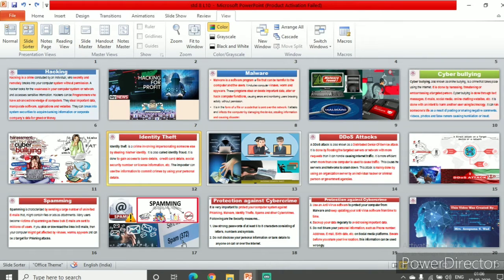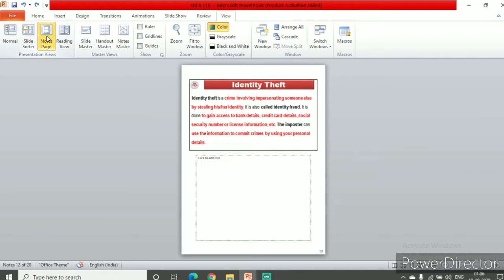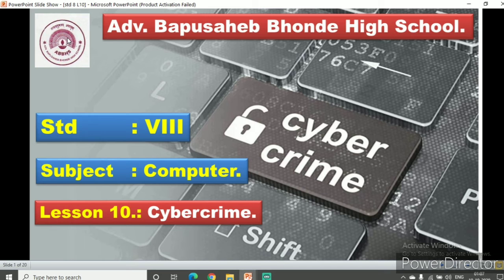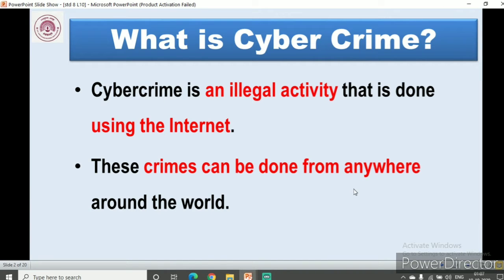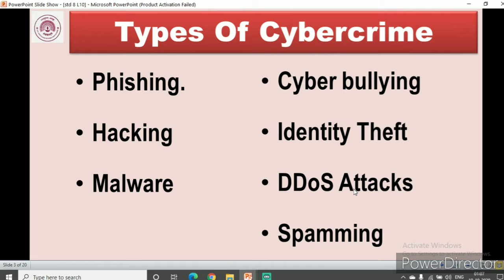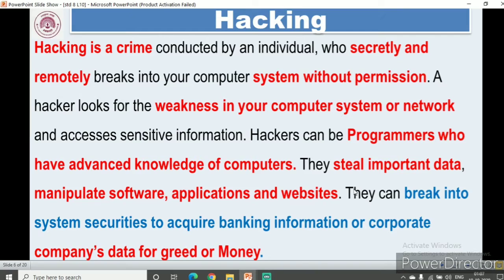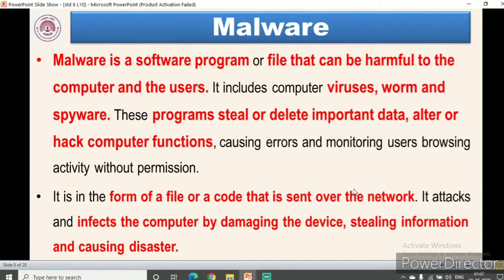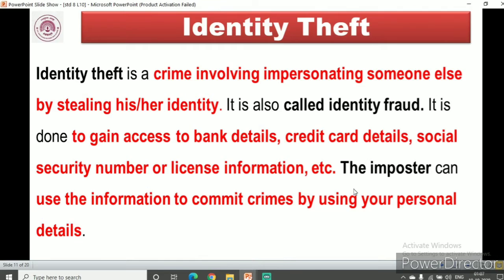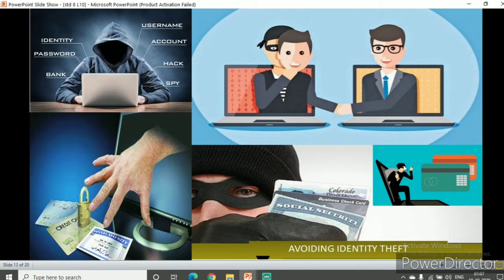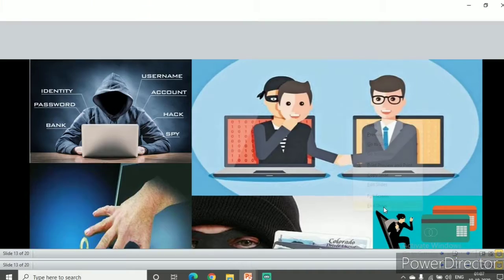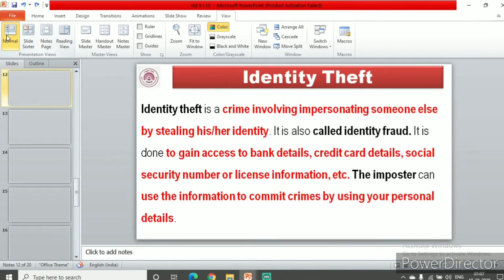All right. So next view is the note pages view. Notes page view is this view. Okay. Then there's a reading view. You can go on clicking and moving on to the next page. This was the reading view, meant for reading. All right. Let's come out of this. Let's end the show. Okay. Let's go back to the normal view.